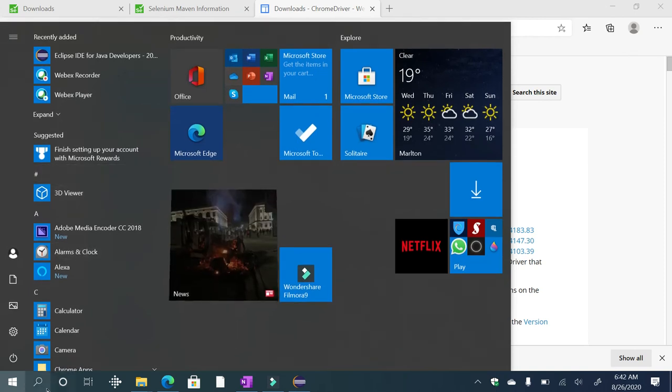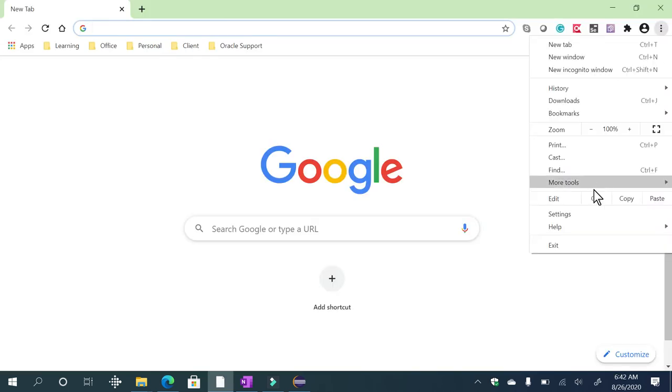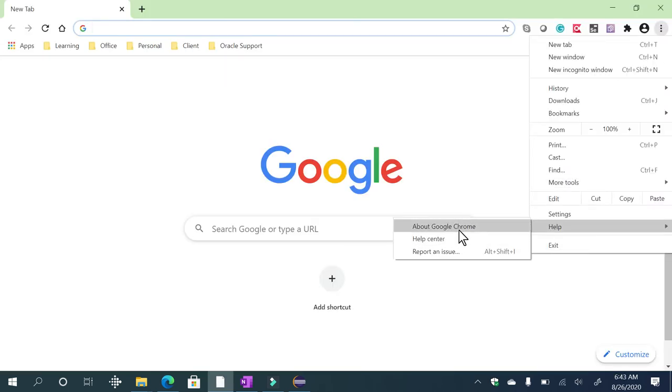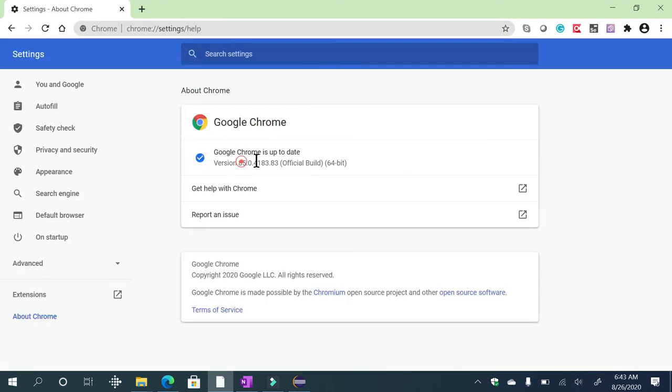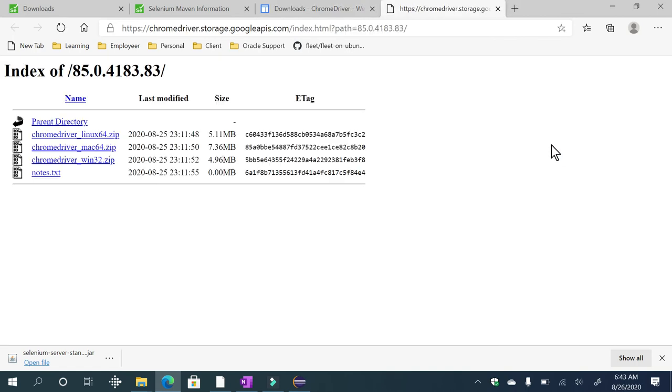Now I'll check what my browser version is. Go over here, go to Help, About Google Chrome. So my version is 85.041 and so on. Let's look at 85, yeah, so this is the version. Click over here and you see different zip files there.